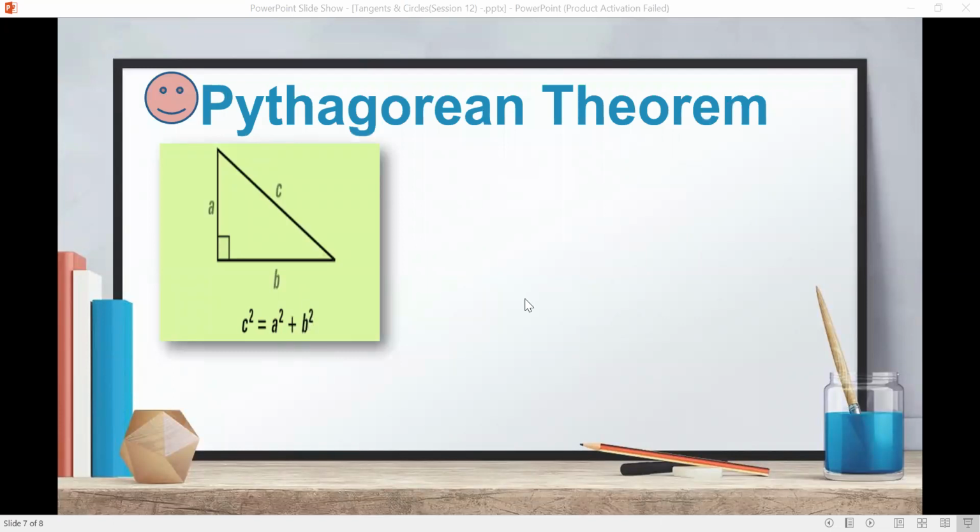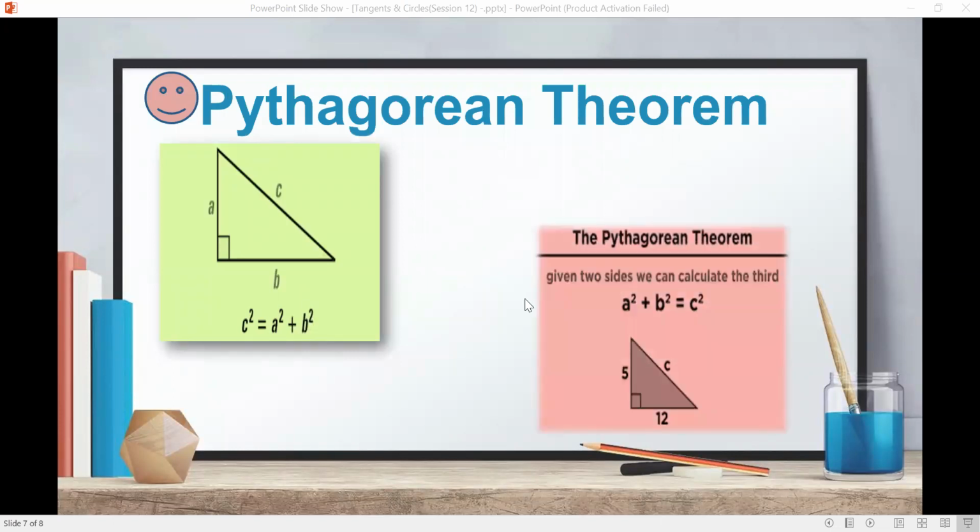So C square equals A square plus B square. The same here. If we have two sides in a right triangle, we can easily calculate the other side by applying the Pythagorean theorem. Here we also have C square equals A square plus B square. If we substitute 5 square and 12 square instead of A square and B square, we get the length of